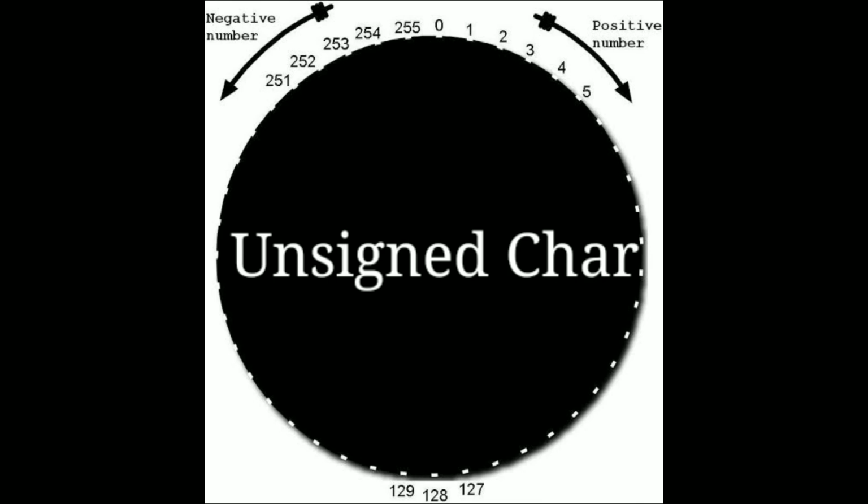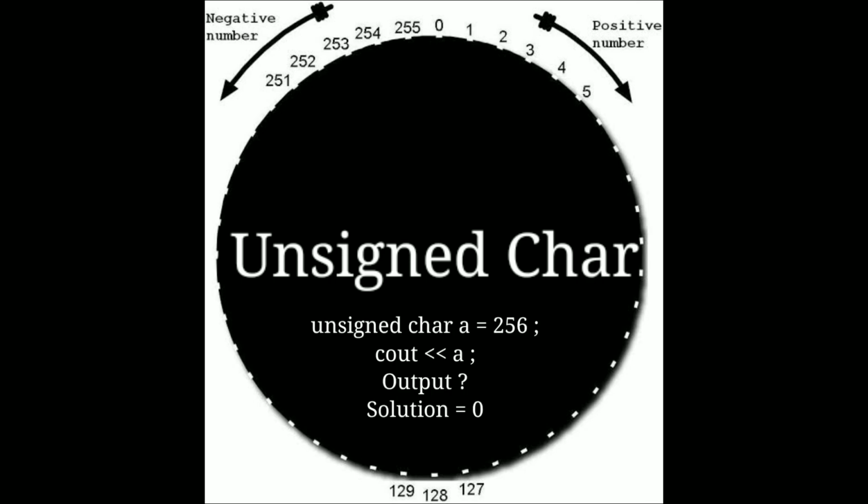I have a very simple question for you. Suppose मैंने एक unsigned character define किया and उसे मैंने value दी 256. What do you think it will print on the console screen? If you are thinking that it will print a garbage value, then you are wrong. It will print 0. But why did it print 0? 0 to 255, one cycle has been completed. At 256, it will print 0. At 257, it will print 1. At 258, it will print 2. And the similar cycle goes on.